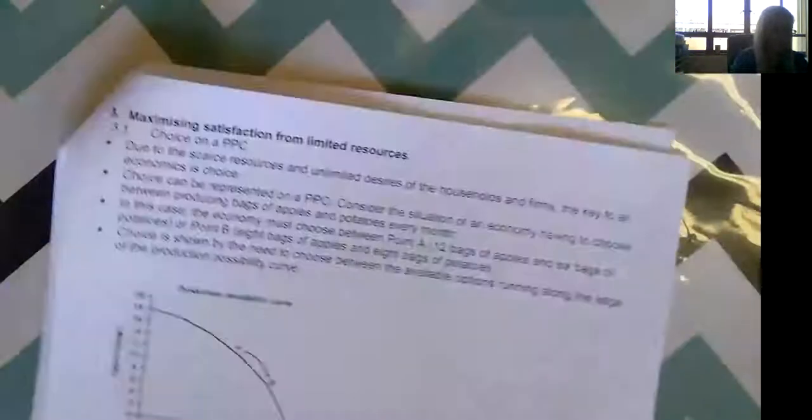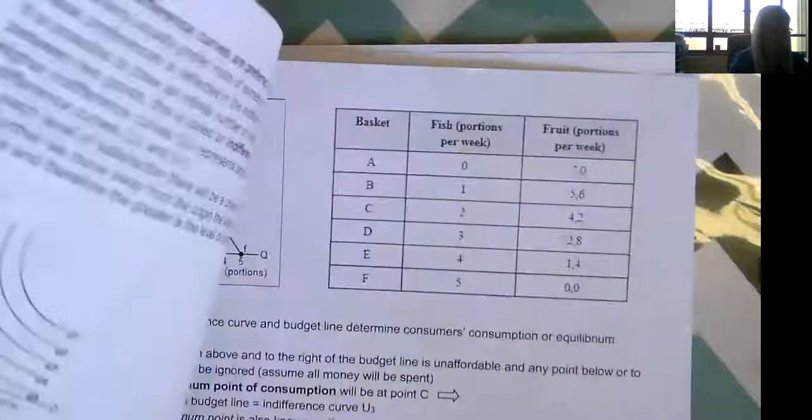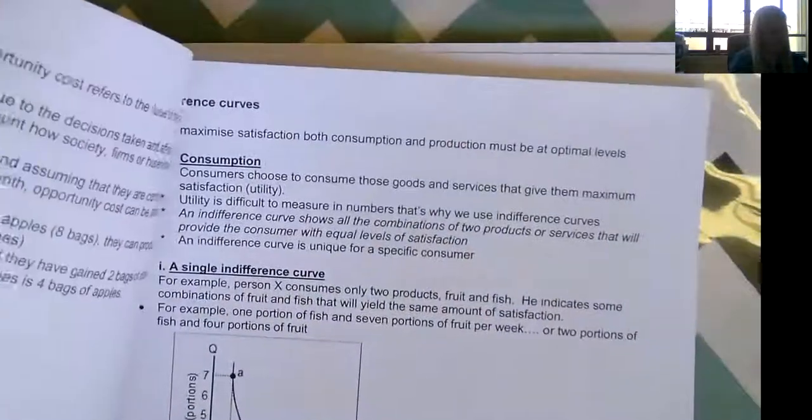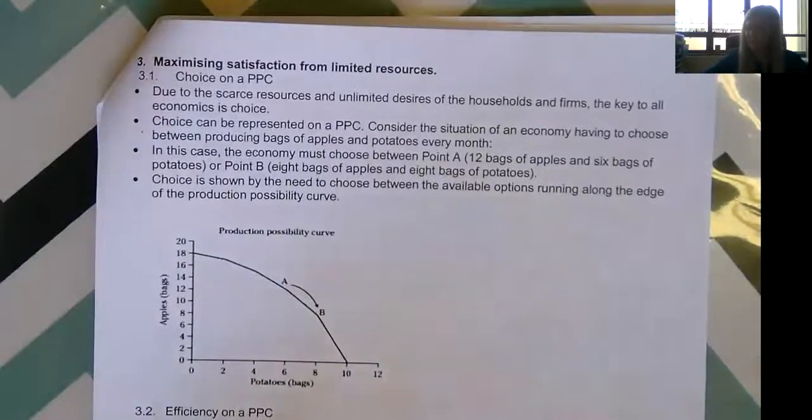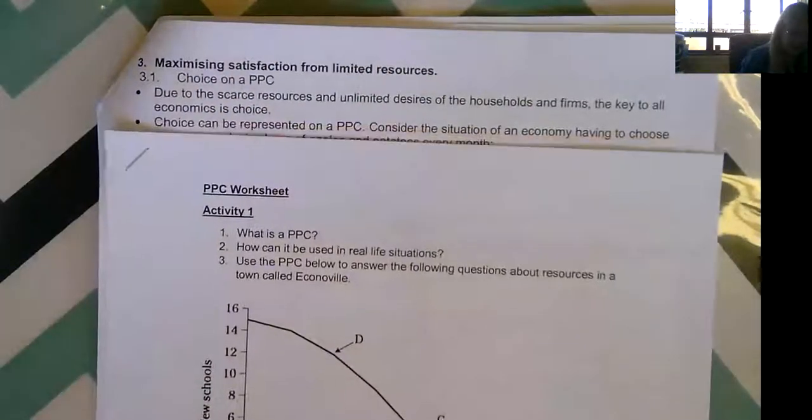Right. So that is the production possibility curve. Right, so that is just for today. So I want you to look at your worksheet of production possibility curves. I will want you to do activity 1,